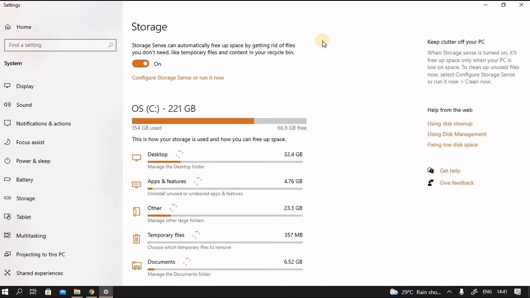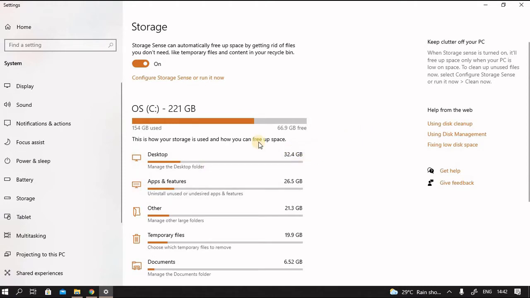On the screen is the comprehensive information about the storage space in the current disk. This drive C has a total storage space of 221 GB, of which 154 GB has been used and 67 GB is available now. This is the breakup of the storage usage.